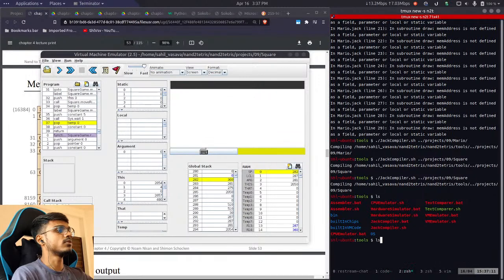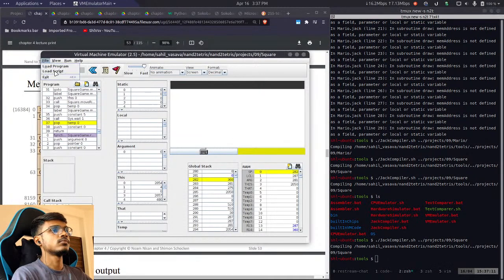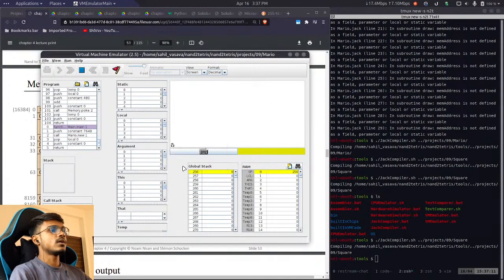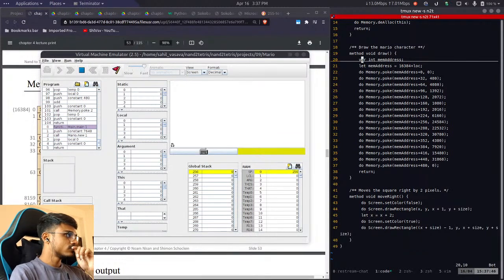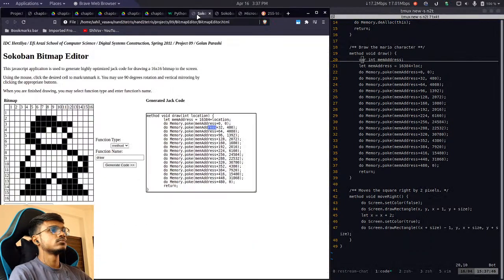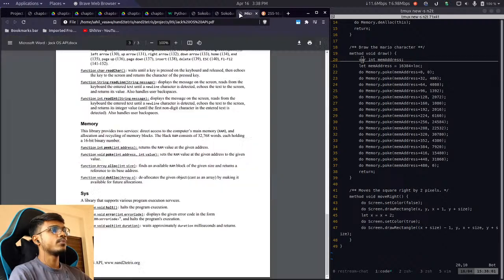First compile the program. It's Mario. Yeah, so we have the character, but now we want to move it to the right. We need to figure out a way to move it to the right. What can we use? Well, for drawing, we are using these statements, but these statements don't really give us the, wait. We are given a 16 by 16 pixel map, and we are affecting it inside the screen using these instructions. What this instruction does: poke,